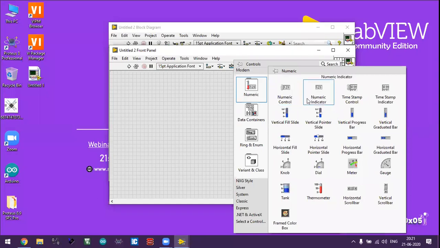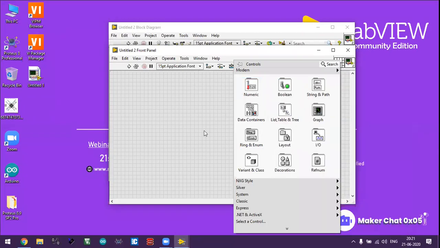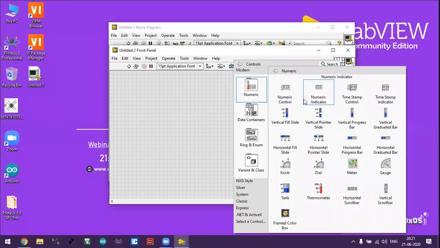You have to choose either control or indicator. Indicator means if any kind of data or information from the outside world is coming to your laptop or desktop into the LabVIEW software, you can go for a control as well as an indicator.